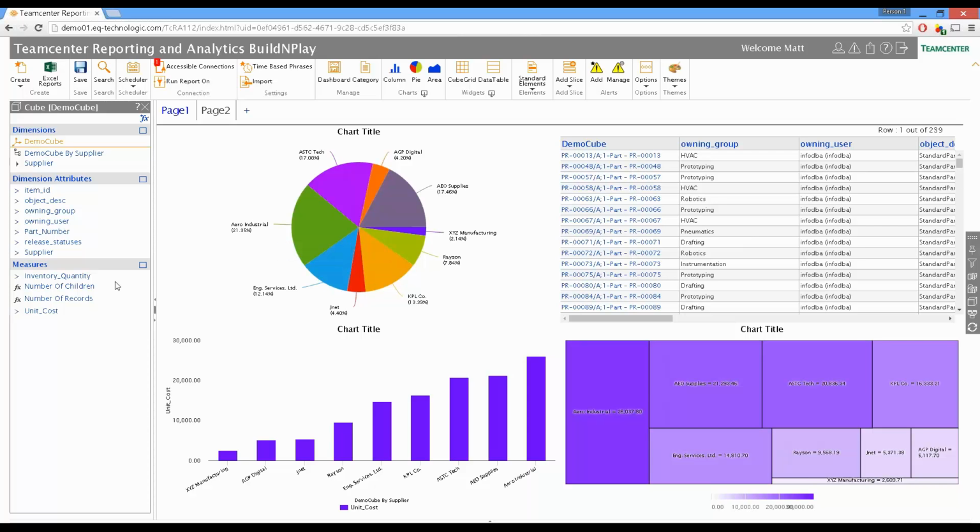What we can also do is start building up hierarchy in our reports. Again, that's done very, very simply. So we have on our left here what we call the cube panel. And this has all our attributes available to us that we selected from our cube. As you'll notice, there's item ID, object description, owning group, and so on. What I can very easily do is drag, for example, the supplier up to our dimensions,